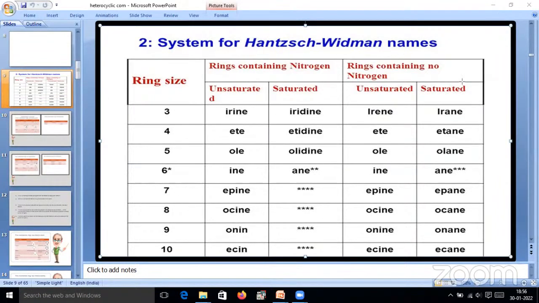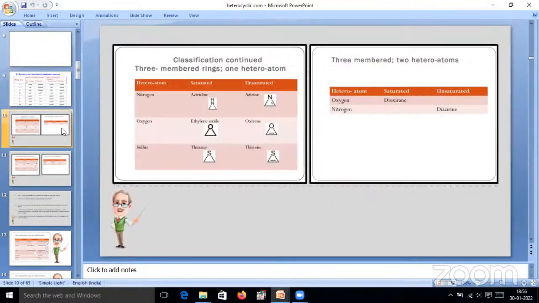ఓకే. ద నెక్స్ట్ వన్ ఈజ్ IUPAC nomenclature and few. అని కనబడుతుందా అమ్మా? స్లైడ్ చేంజ్ అయిందా? Yes, sir. Yes, sir. Yes, sir. ఓకే. ఓకే అమ్మా. రైట్. నౌ